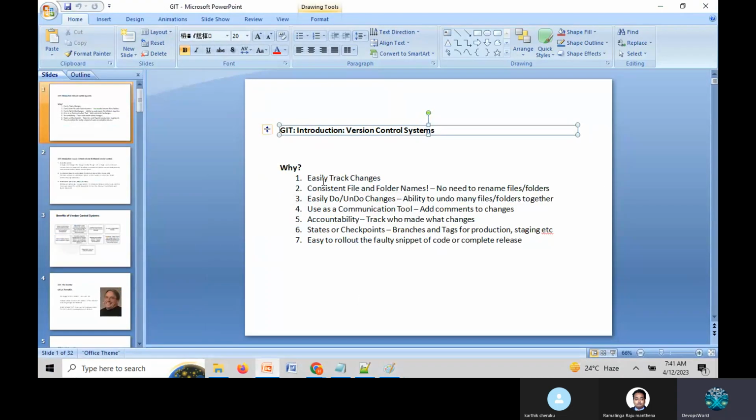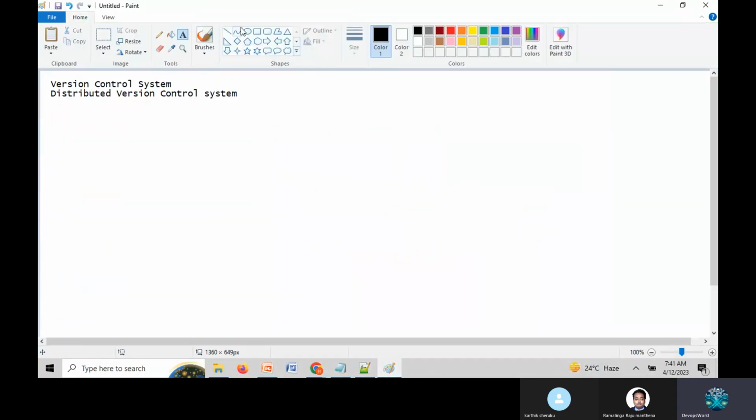Now, easy content tracking, consistent files and folder names, and communication tool, accountability is nothing but a tracker. Suppose as a team, let us say we have two developers, right?